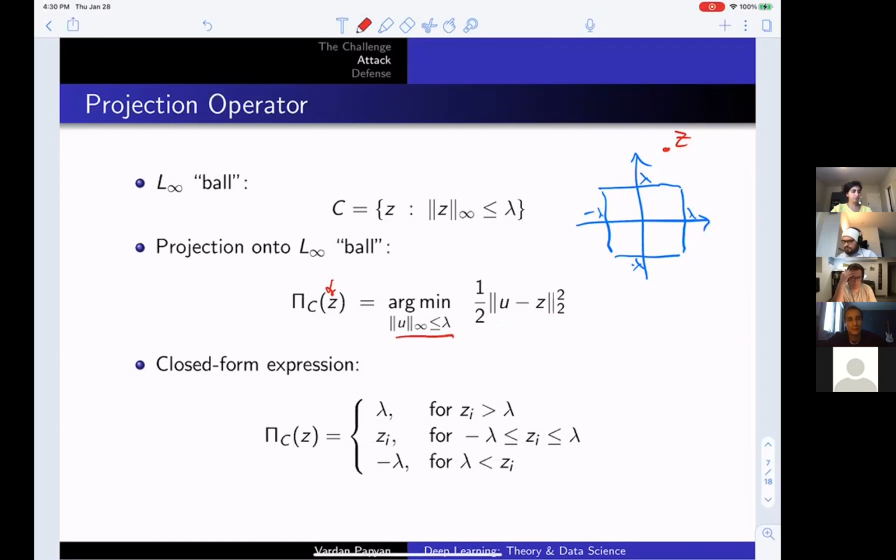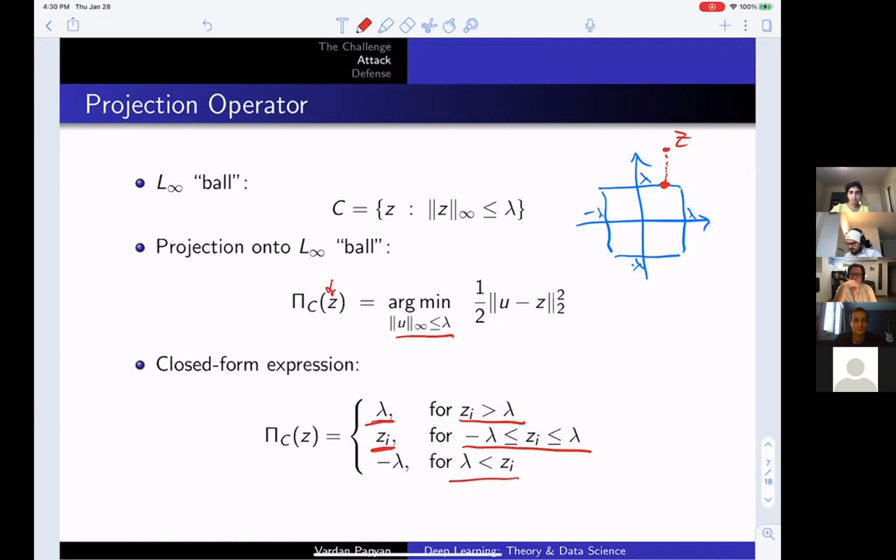So all you have to do is do this type of projection and return this point, right? And so mathematically, this is equivalent to saying, if your z_i is greater than lambda, then you return lambda. And if your z_i is between minus lambda and lambda, you return z_i. And if your z is